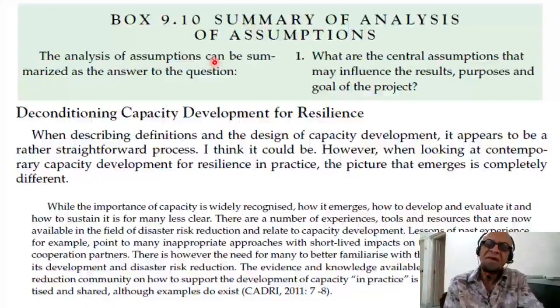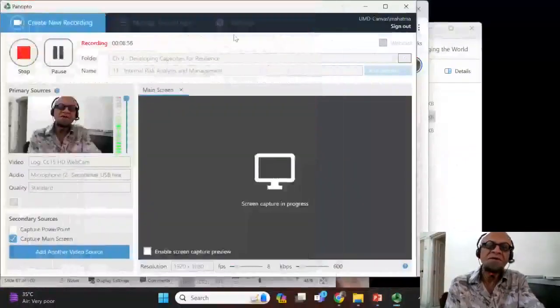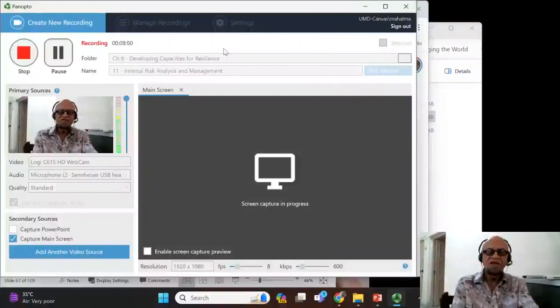Internal risk analysis and management, so prevention, mitigation, and recovery or preparedness, are easy enough to understand, but assumptions and irreducible risks, I gave the example of earthquakes and volcanoes, so if that helps, that's good. Otherwise, you know that there are many assumptions that are made and left as part of the project and may lead to failure as well.